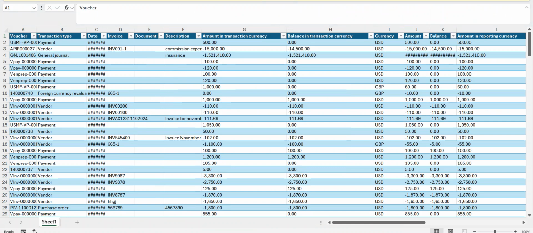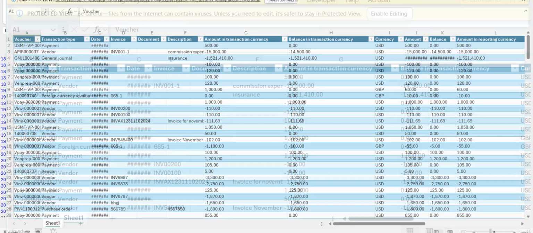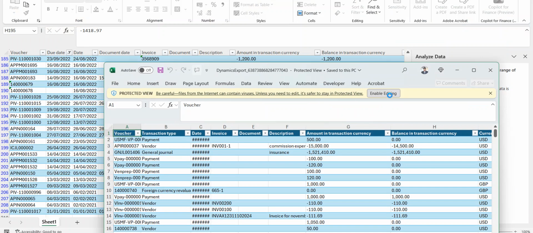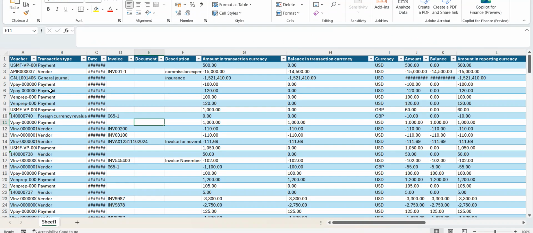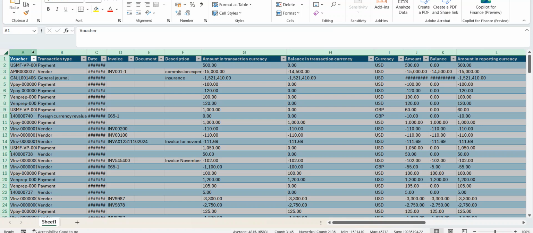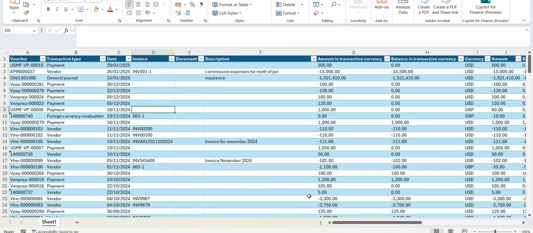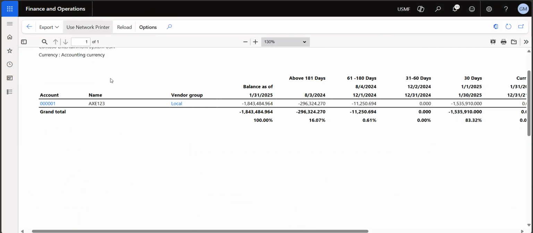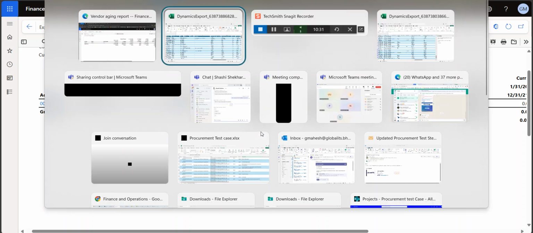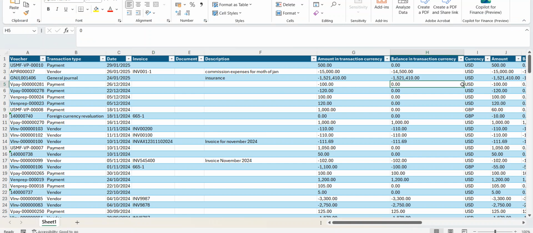Of the transaction. Now if I open it, okay, so now we have the voucher number, transaction information, and the transaction date. Now we have run this particular aging report based on the transaction date. Okay, now as of this particular date, what is our balance? So if you see the balance